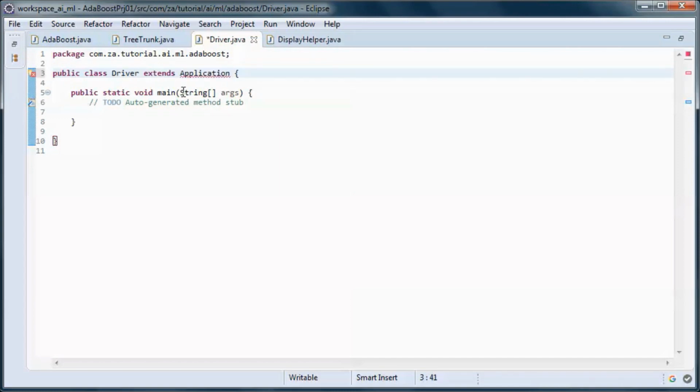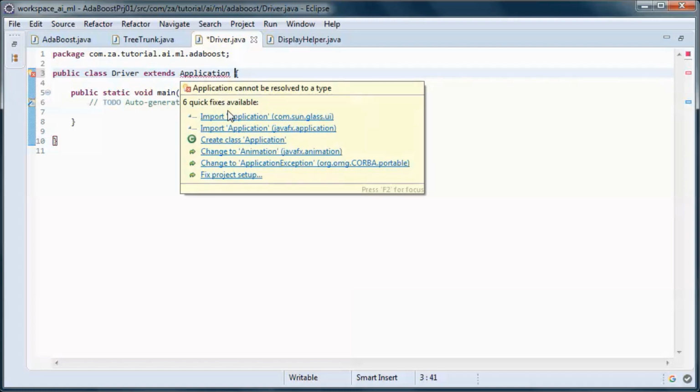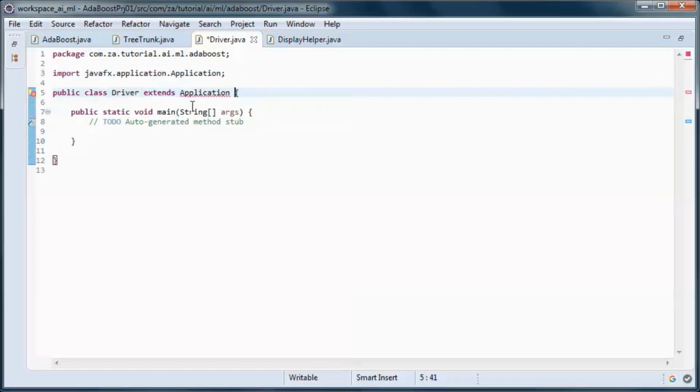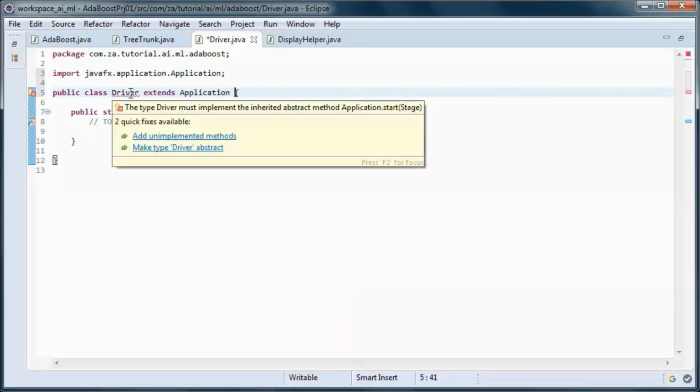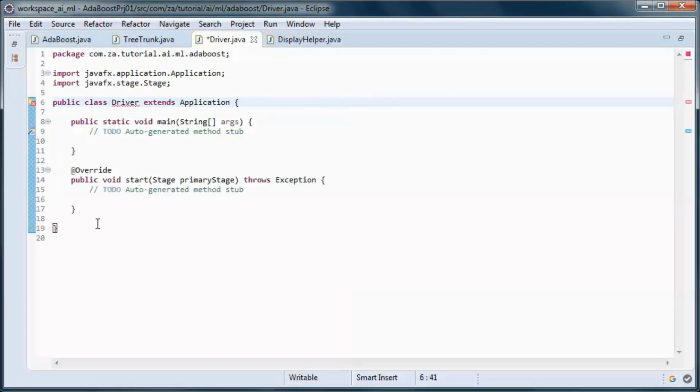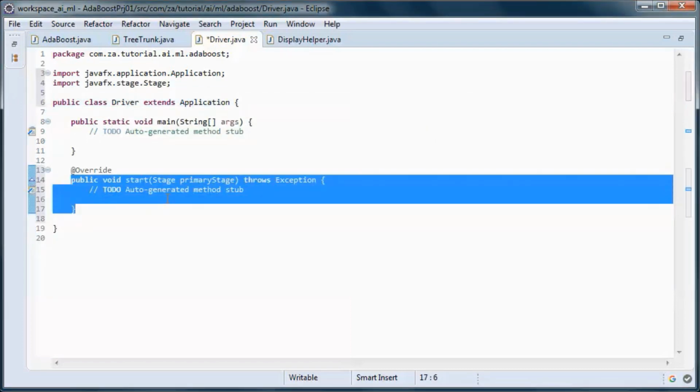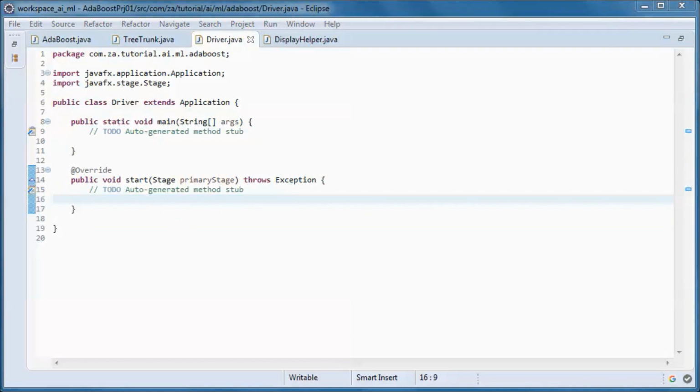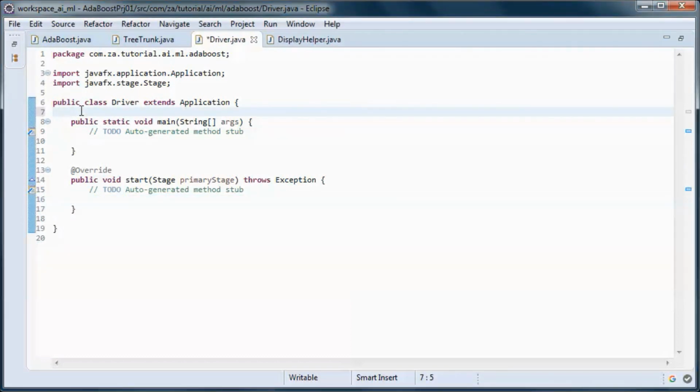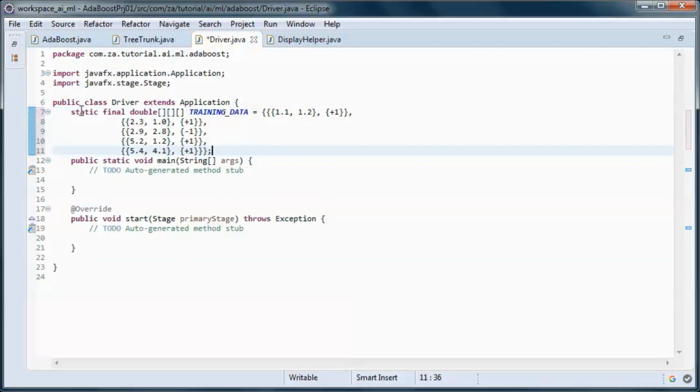So we need to extend from Application, and by doing that we have to implement this method, and this is training data that we will be using.